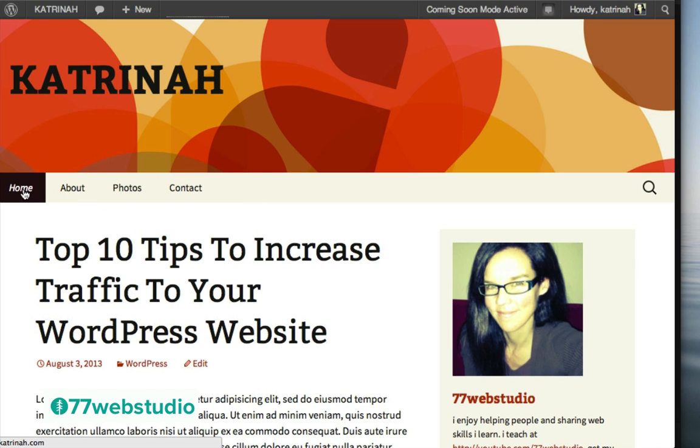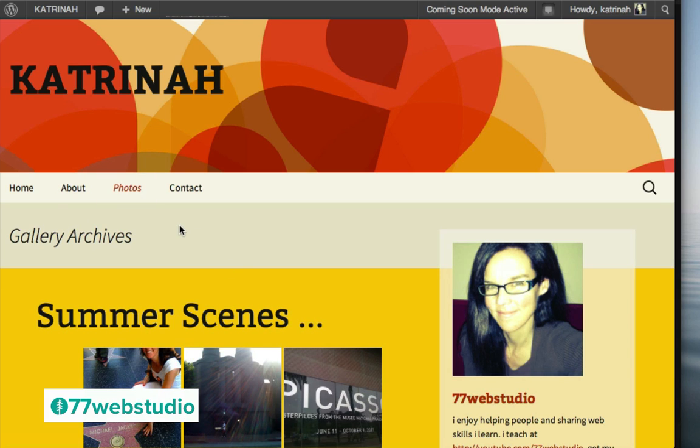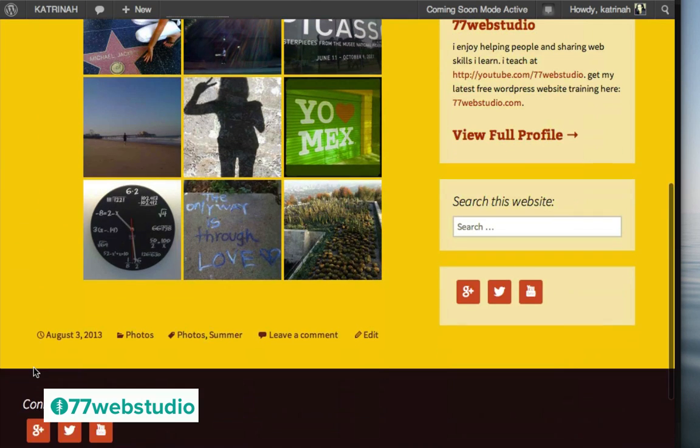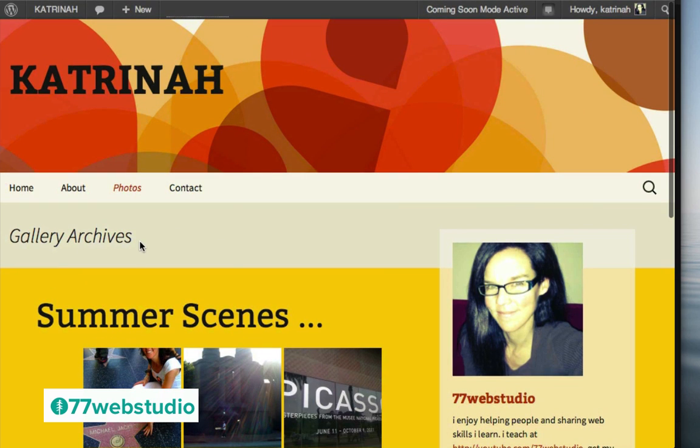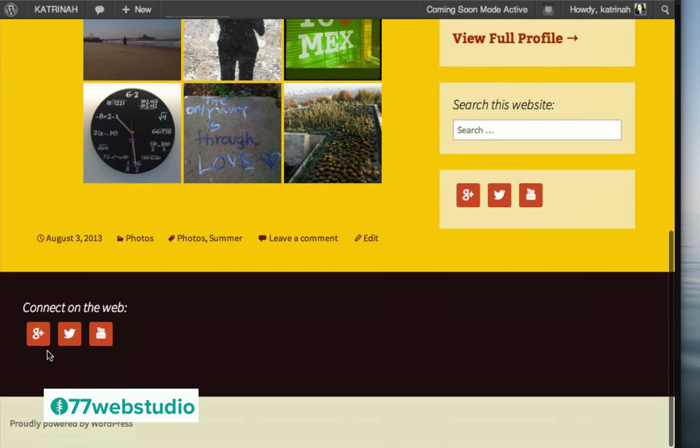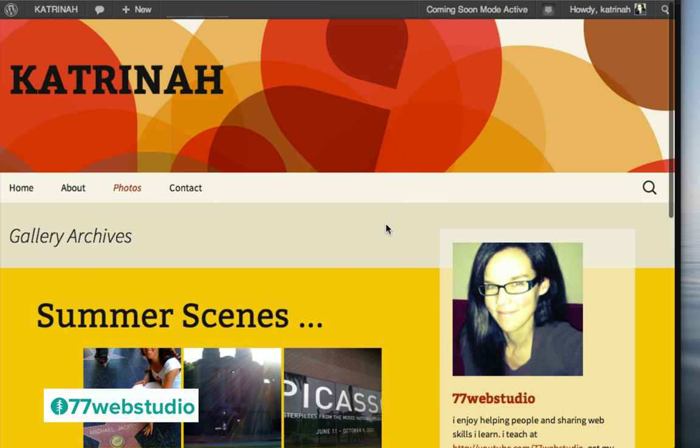We have the home menu item, the about page, the photos page, and the contact page. And when I click on photos, we can see here we have a page of all the different photo galleries that I've added to the site. Now note that once again, I've only added one gallery so far, but as I continue going forward to add different photo galleries to the site, all of those photo galleries will be added to this Gallery Archives page. So they'll all be organized in a really quick way